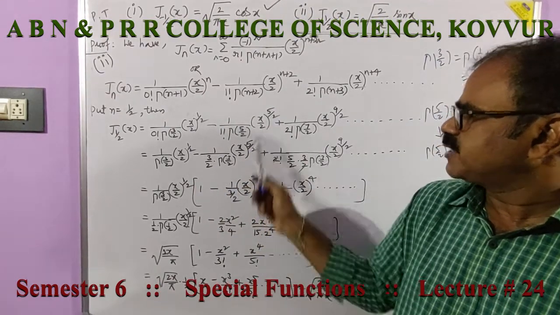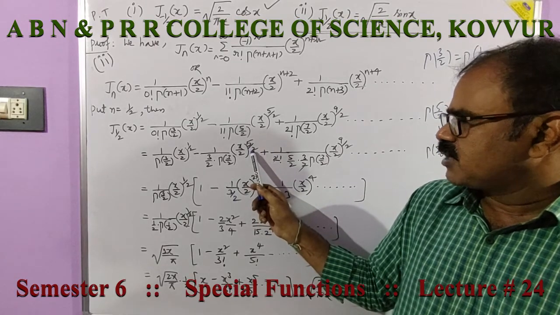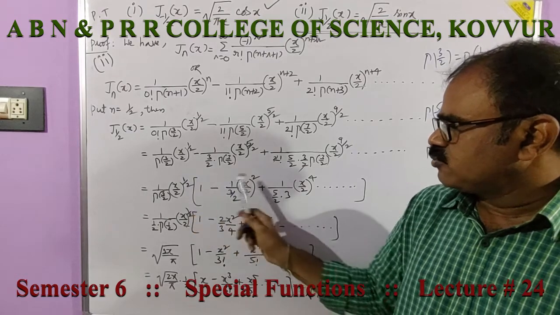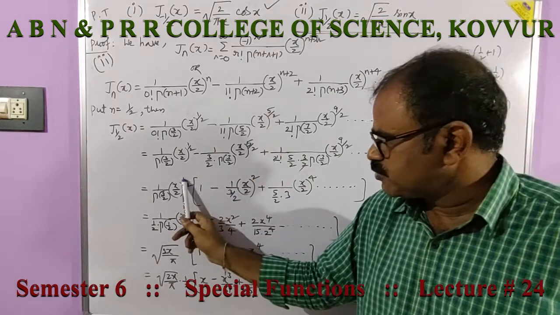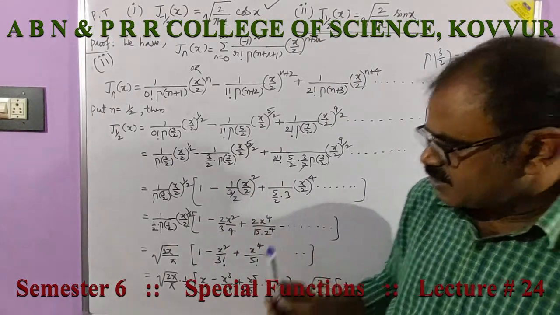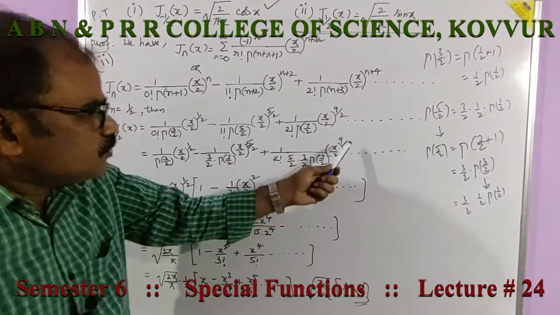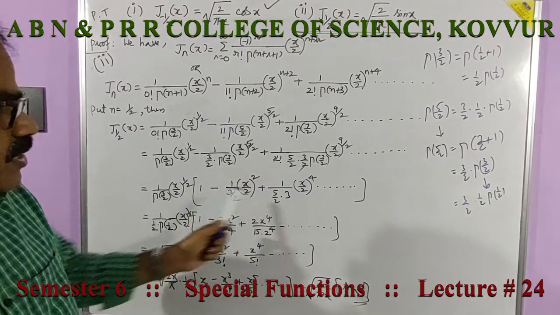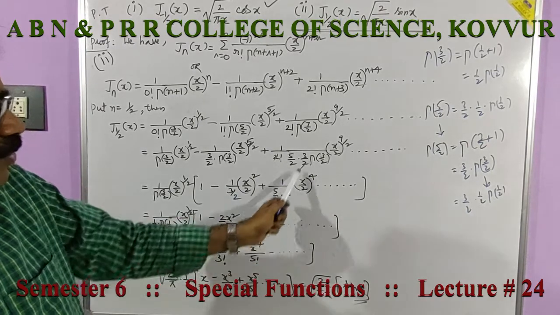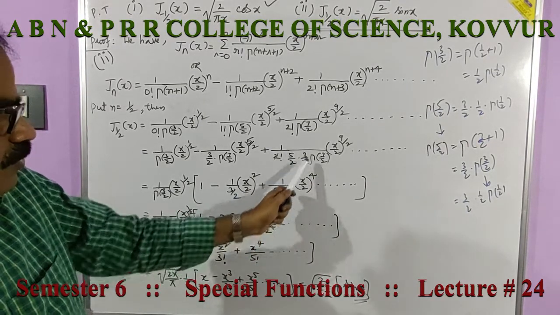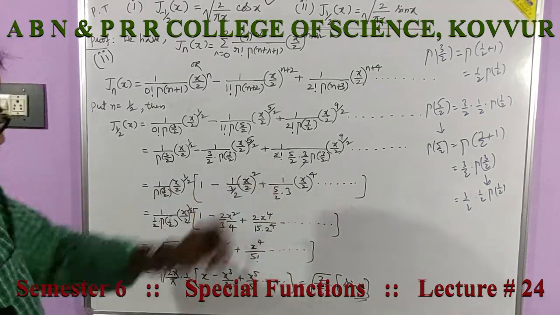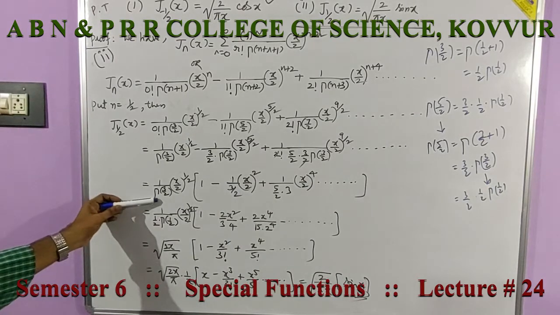This 5 by 2 is nothing but 2 plus 1 by 2. That's why here 2 remains, 1 by 2 is there, 2 plus 1 by 2 is 5 by 2. As x by 2 power 1 by 2 is common, there remains x by 2 whole square, and here in the 9 by 2, 1 by 2 is taken out as a common factor, therefore there remains x by 2 power 4. 5 by 2 into 3, 2 gets cancelled, gamma 3 by 2 is out, x by 2 power 4 going on.